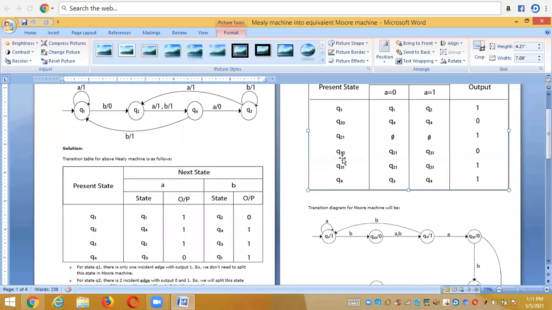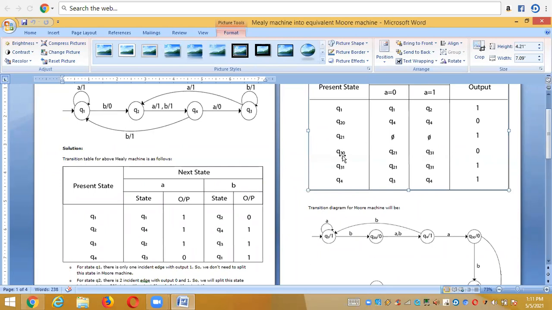Same as Q3 state, it is also split into Q3 0 and Q3 1. So what are the output states of the Q3? Q2 and Q3. So actually the two states Q2 and Q3 are split. So in the place of this Q2, you can write Q2 1 like this. In the place of this Q3, you can write Q3 1. Why we write Q3 1 means the output of the Q3 is 1. So we're taking it as Q3 1. The output of the Q2 is 1, so we're taking it as Q2 1. So finally, the output of the Q3 0 is 0 because it is a default thing.